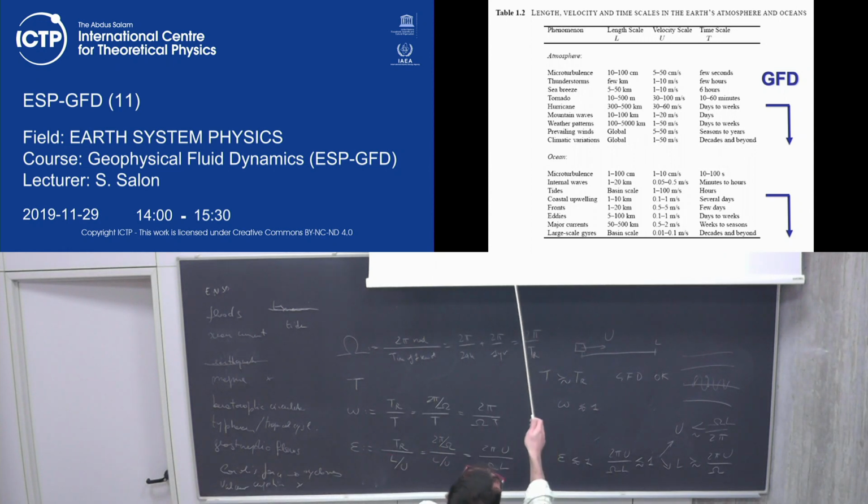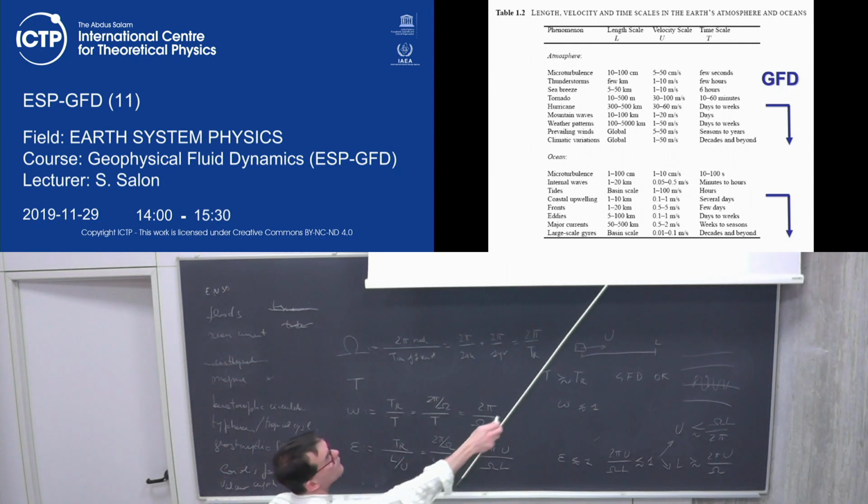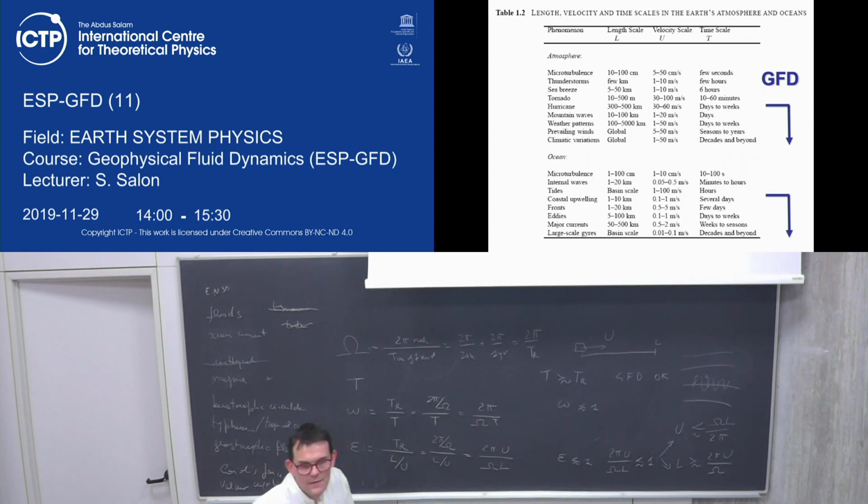And then hurricane, mountain waves, and so on. Ocean: microturbulence, no. Internal waves, no. Tides. We are, let's say, at hours. We can have tides which last like 12 hours, because we have the first harmonic of the tides. But they are still at the threshold. Tides are very important because they are the only body force acting on the ocean, due to gravity with the sun. So it's extremely important as a driving force.